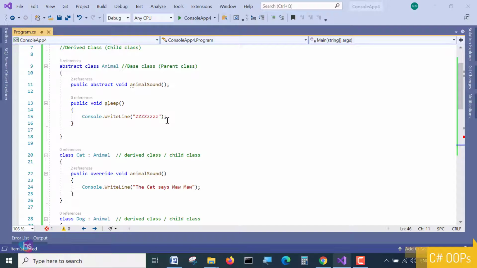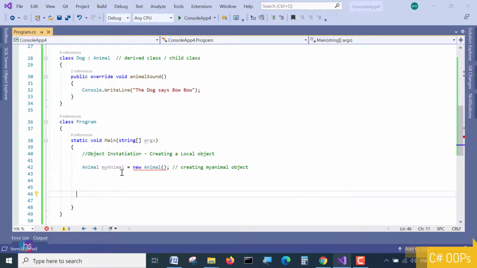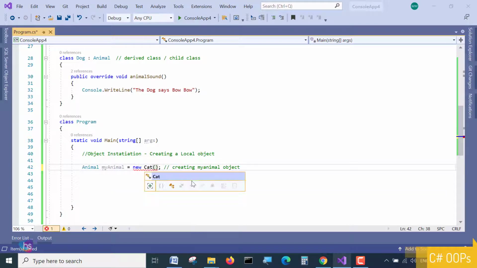All right. So I am trying to instantiate my Cat class, and let's check how we are going to call this particular object. Instead of new Animal, I'm going to change it to Cat, creating my animal object.